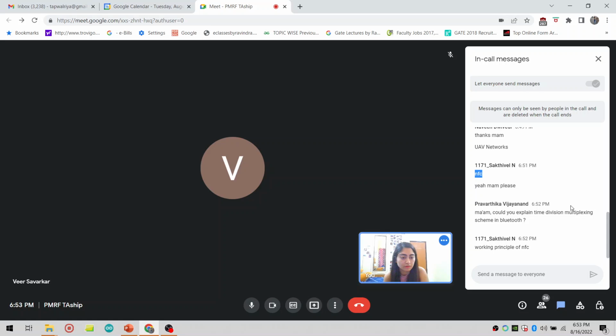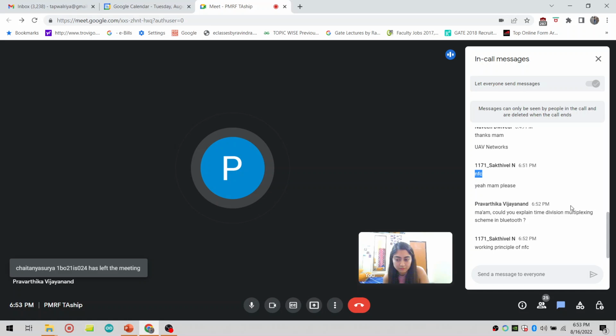Ma'am, could you explain how time division multiplexing works in general computers? Okay, I'll give you an example. Multiplexing basically means to share the channel. I'm not going to give you a technical definition because I also need to check. I'm just going to give you an example right now. For example, there are three hosts, three receivers and three senders. The senders want to send data to the receivers, and there might be one possibility that all the three senders are